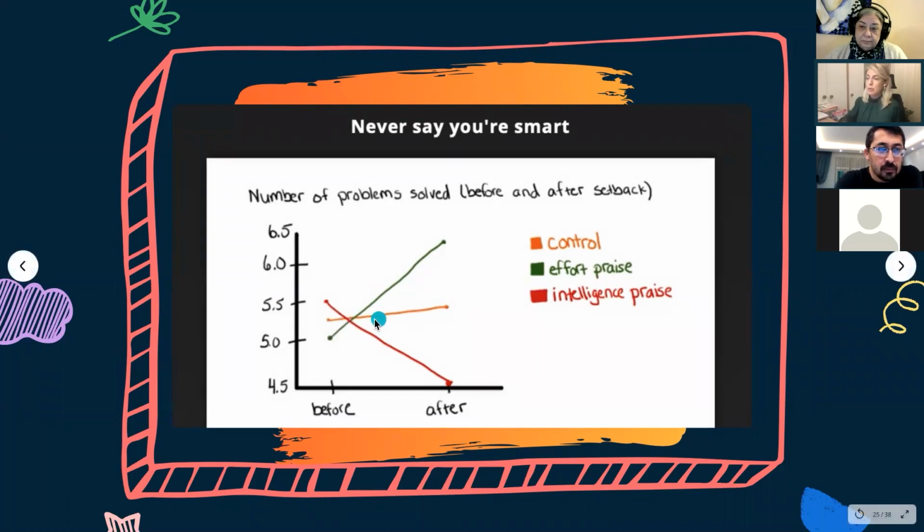Well, the control group did well in the challenging tasks, but this group who received the intelligence praise just failed towards the end of the experiment, whereas the students asked for a more challenging question, which revealed that effort praise actually worked better in terms of persistence and in terms of pursuing success in the studies. And this group actually asked for more challenging questions, whereas the group who received intelligence praise asked for easier questions, not